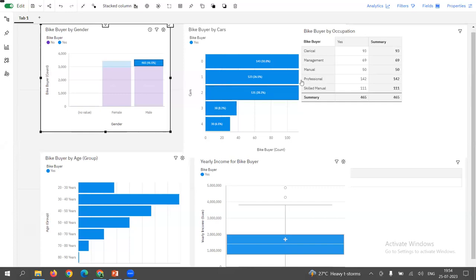What about the occupation, participants? Like as male, like as female, more professionals said yes towards buying cars. More professionals, 142 professionals. Very good answer. 142 professionals would have favorably responded yes, followed by skilled manual. And